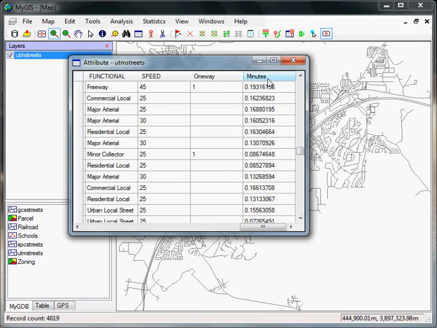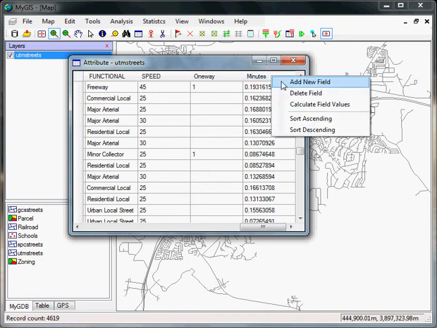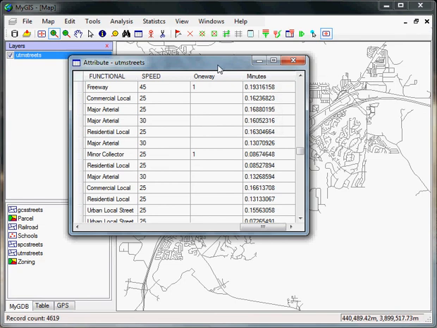Okay, this minute field was calculated based on the road segment length and the speed. I have demonstrated how to calculate minutes in video 6. If you don't have a one-way field, then you can create one by right-clicking on the header of any column and creating a new field, and then use the editing tool to edit the values of the one-way road segments. For example,